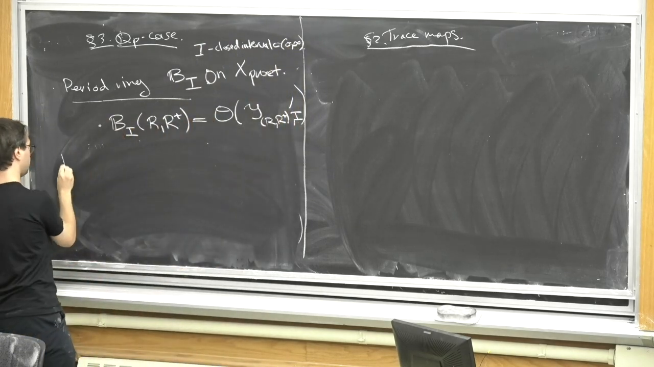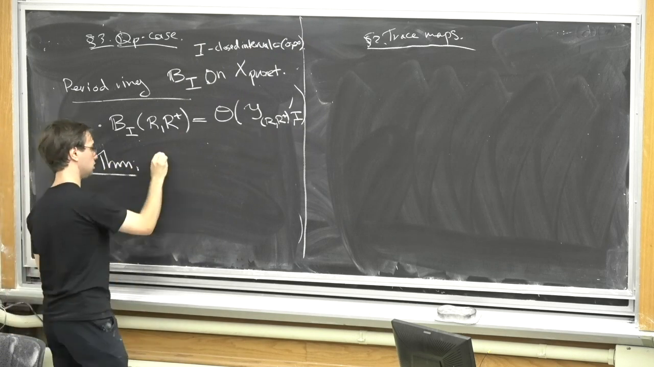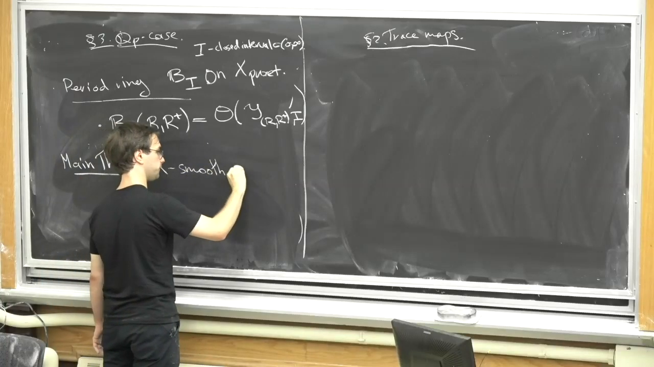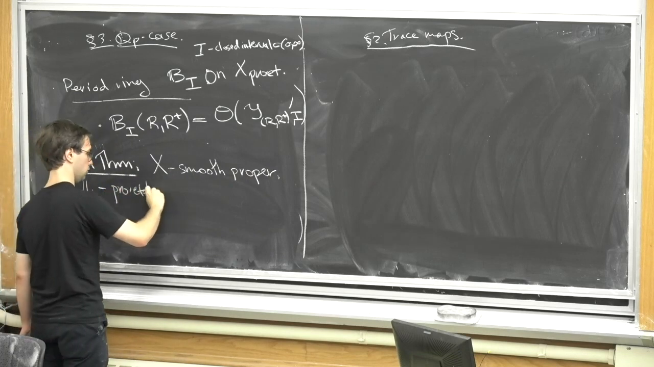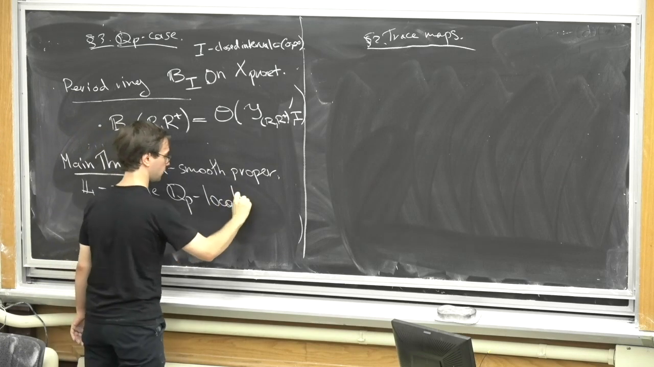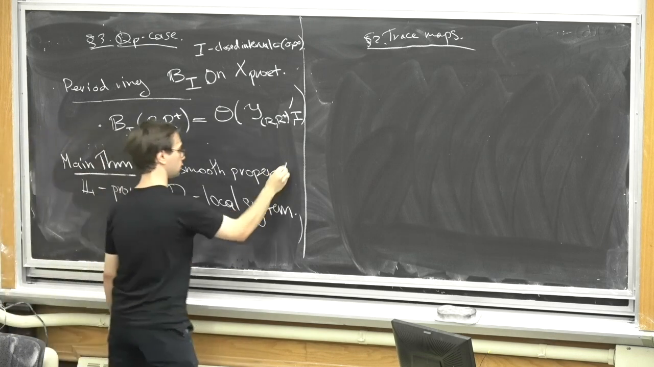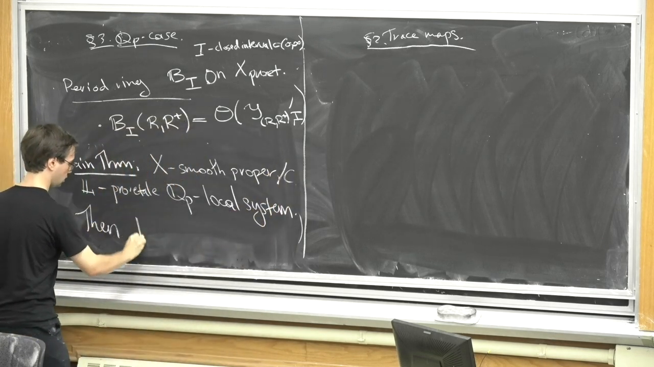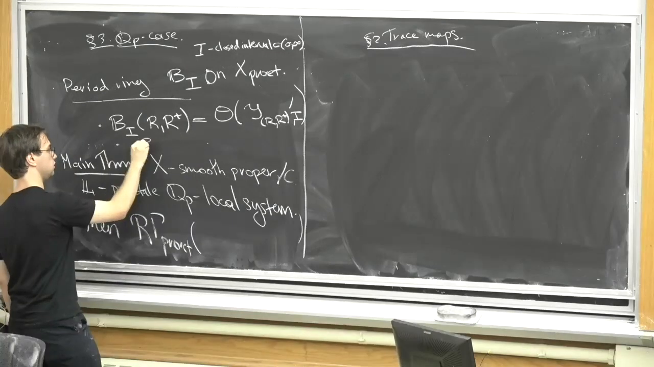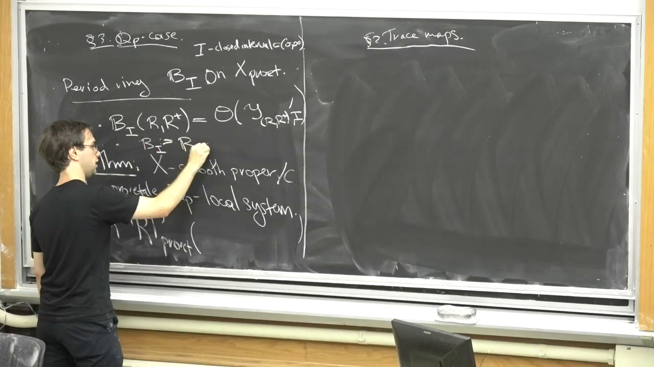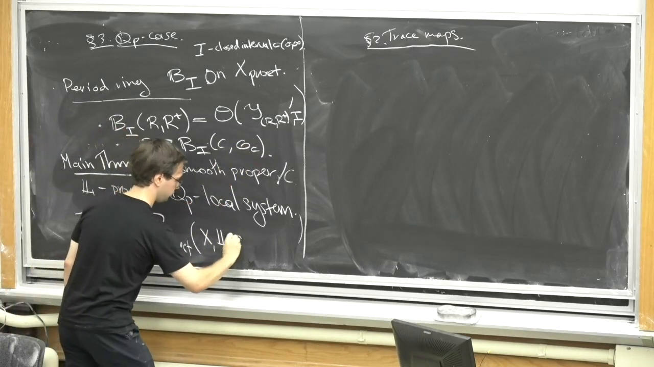And so then the main theorem is that, again, X is proper, L is a local system over C, and let me denote by B_I without points, B_I of C from O_C. So R gamma pro-étale of X, L tensor B_I